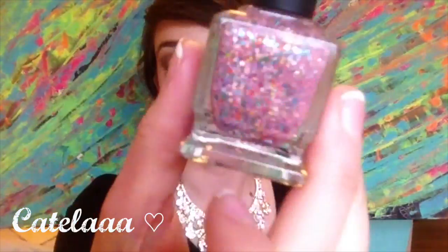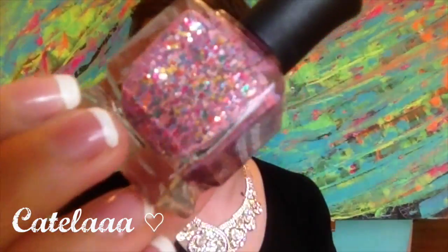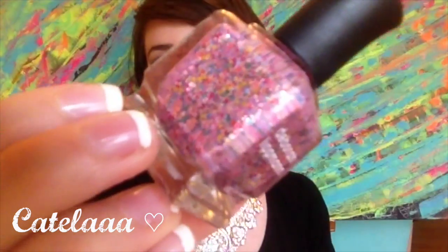Next is this fun Deborah Lipmann nail polish. I absolutely love it. I have it on my toes. I'll include a picture. Sorry if you don't like feet, but oh my god, I love it. Every time I look at it, I just think of Birthday by Katy Perry. It's so fun and exciting and full of big chunks of glitter, which I love,